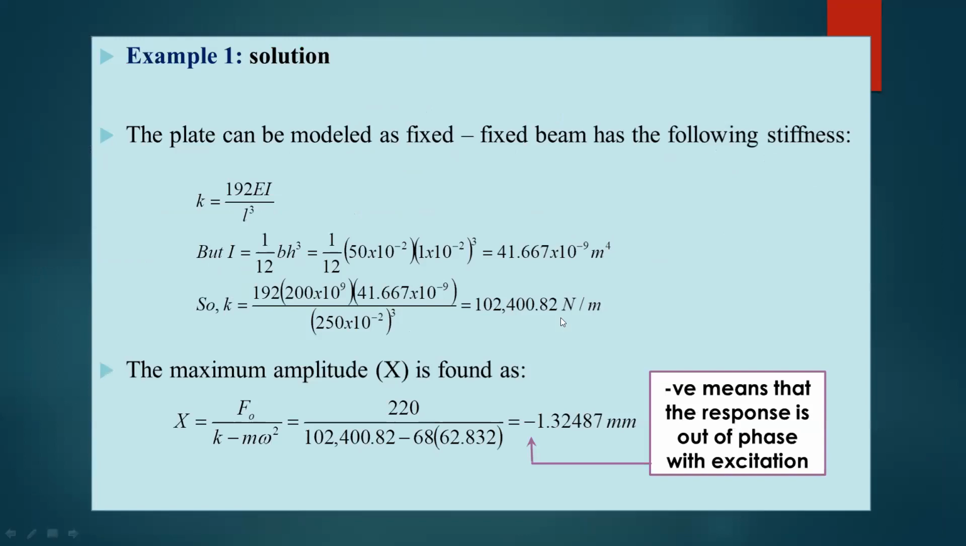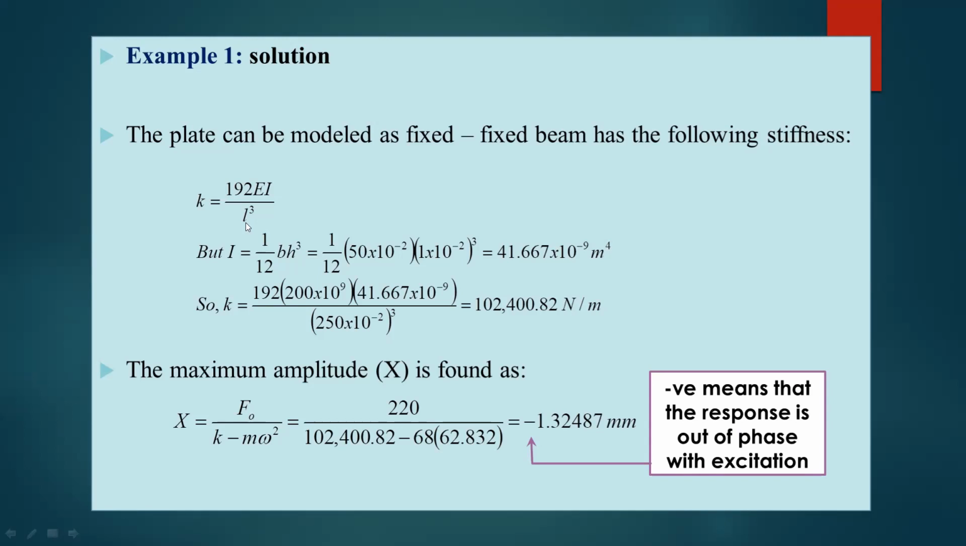So how can we solve it? We have to calculate the stiffness of this material from the strength of materials concept. From that concept, the stiffness of this material is K equals 192 EI. EI is the rigidity of the material. So E is the Young's modulus, I is the